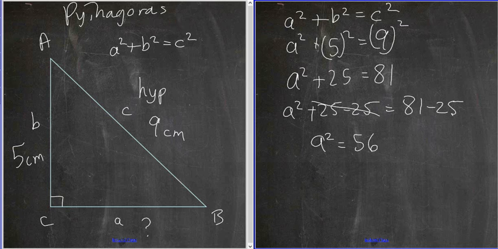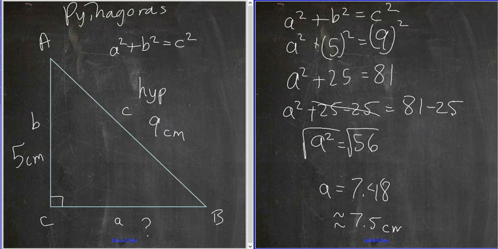Now, I'm going to call upon one of my wonderful students to calculate for me the square root of 56, so that I know what a is. What is the square root of 56? It's roughly 7.48. So I'm going to round that, to make my life easier, to 7.5